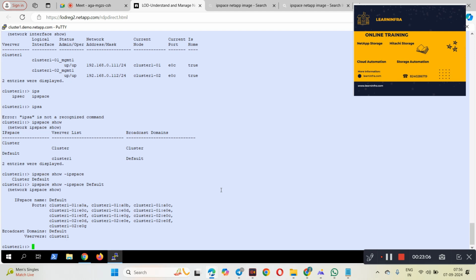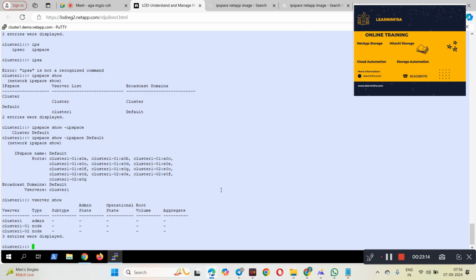Okay, so suppose you are creating some V server. A V server is basically nothing but a VM, which contains the volumes, shares, everything. Here there is no data V server. When I create, I will show you. So when you are creating the data V server, what is happening is that you are